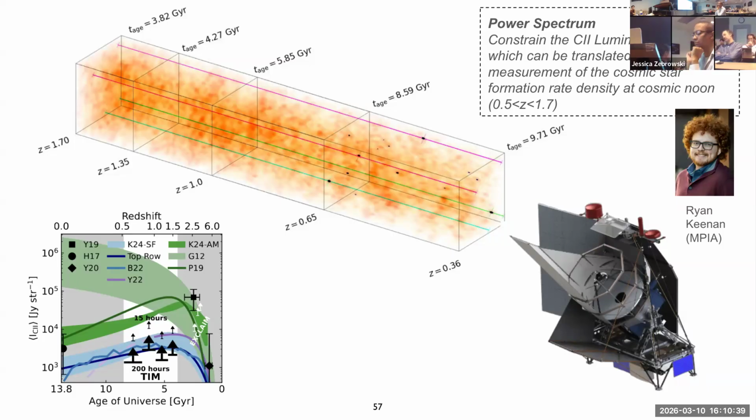And the thing that I think is cool is, you have this balloon, it's flying around Antarctica. Even if we only get 15 hours of flight, which is a pretty short flight, we're already constraining half of the models of the [CII] luminosity function. And if we get 200 hours of flight, we should be able to detect some of these at a pretty decent significance.